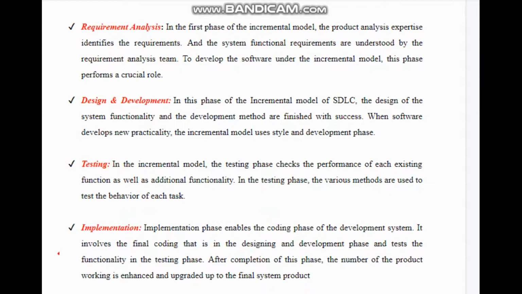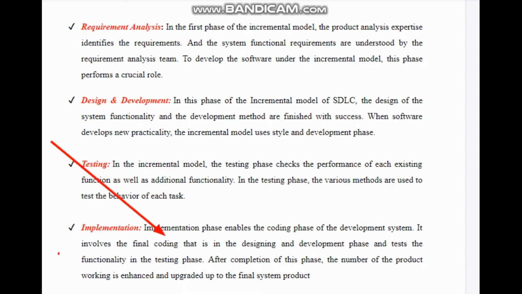Fine. Okay, so this is a brief explanation of the phases, and this is quite easy for you, I know that. All right, so we have requirement analysis where we collect the requirements, we carry out the functional requirements. Then we have design and development where we go for designing, and then testing. It checks the performance, and then the implementation enables the coding phase of the development system.